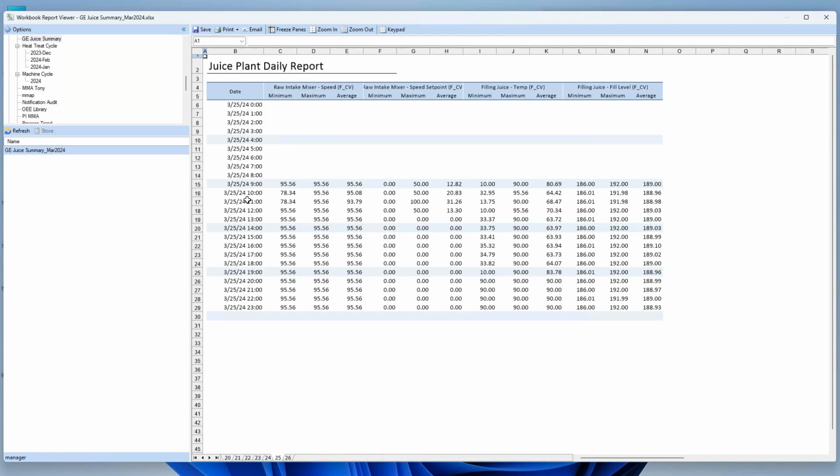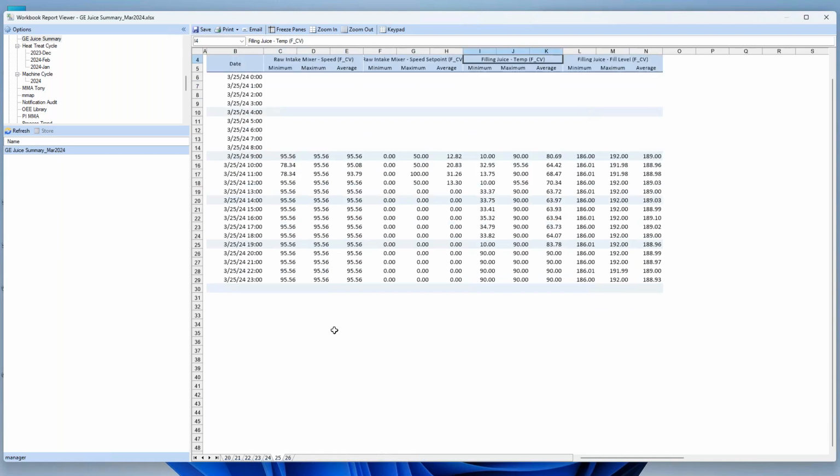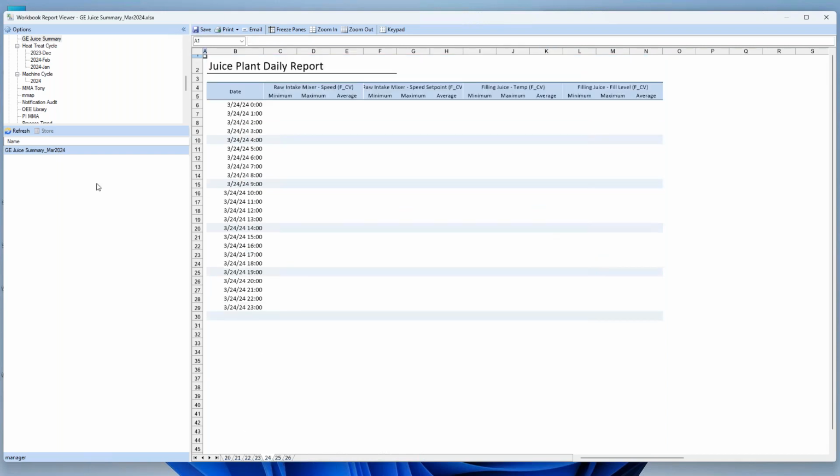running, we've got hourly metrics on the speed and the juice levels, and for each of those tags we've got min, max, and average every hour over the course of the day. We've got those saved as tabs right inside of this monthly workbook. So as we run this over time, it's very easy to come back and take a look at any past